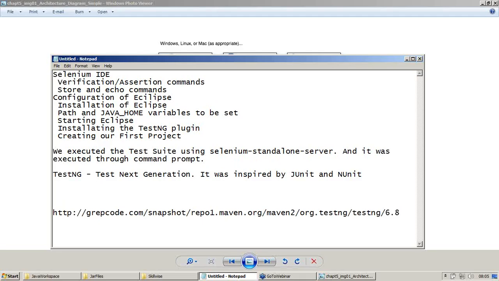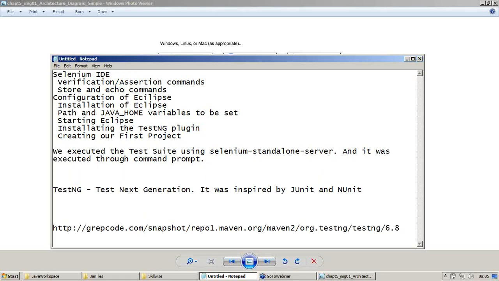Hope you remember that yesterday we executed it through the command prompt, and we saw the summary result which was generated. It was a lengthy command, but we were able to provide inputs for the browser it should use, the test suite we were running, and the result page which should get generated. So we saw that also.